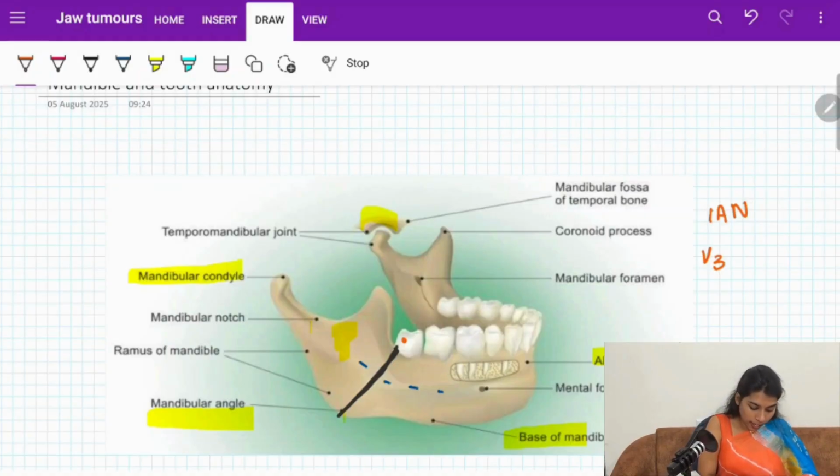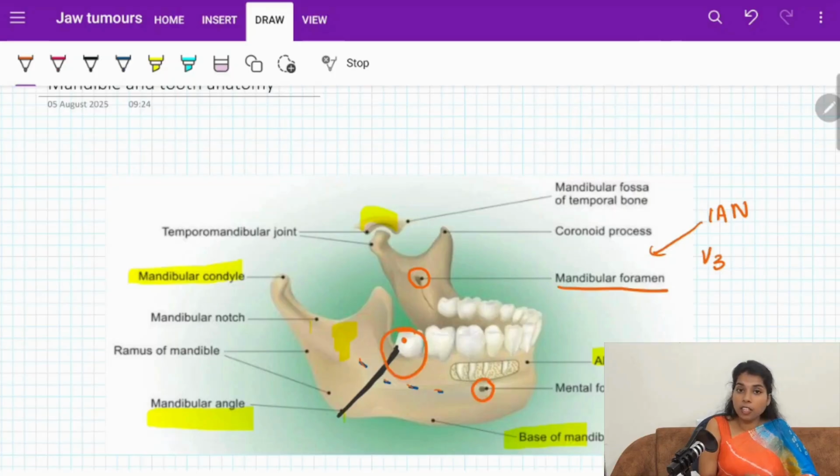This dotted line here is inferior alveolar canal, through which the inferior alveolar nerve passes. The inferior alveolar nerve enters via the mandibular foramen and exits via the mental foramen. Now, any lesion which is present above the inferior alveolar canal, I mean to say the epicenter above the inferior alveolar canal,